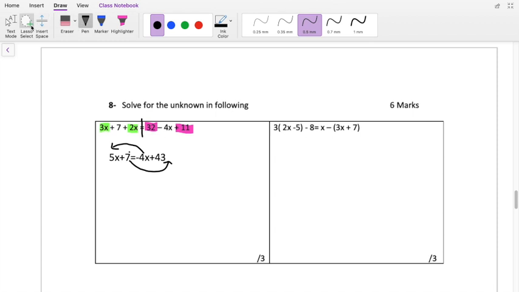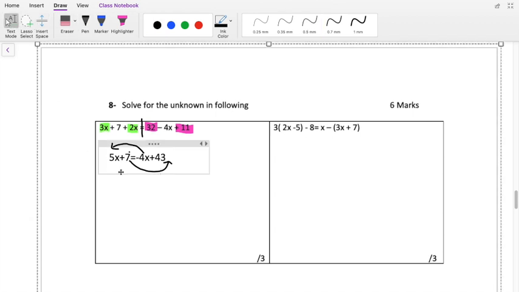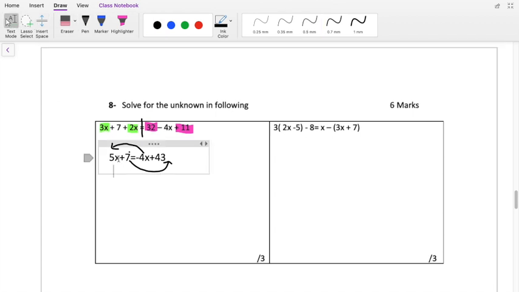So that's going to equal 5x, and it's going to be a positive 4, as long as I can see that. It's a negative on this side, so it's going to become positive 4x equals, and I already have the 43 over there, so I'm going to write that down, minus 7. Because it's plus 7 on the other side, it's going to become negative 7. That's going to equal 9x